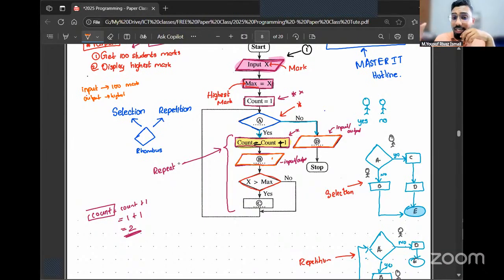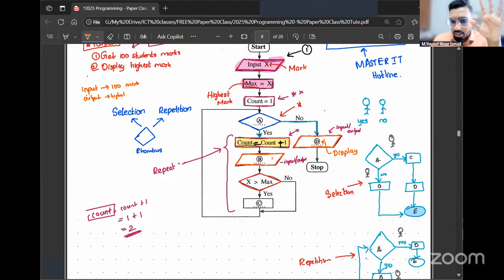Perfect. You can put that in D because the D instruction is going to follow only one time. But B, it's going to follow more than one time. Why? It's within the repetition structure. So repetition structure means it's going to repeat more than one time. But displaying highest marks, there's only one highest mark. Out of 100 marks, there's only one highest mark. So out of B and D, you can tell that D is more suitable to show the display highest marks. Is that clear, all of you?